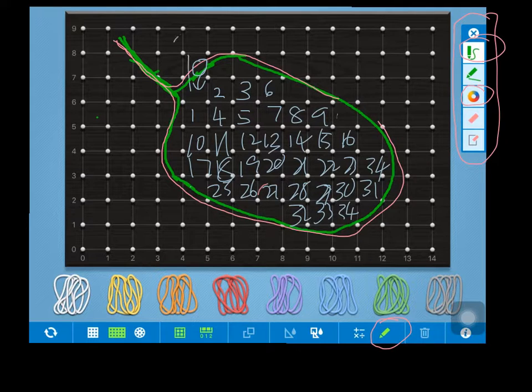So this is the 35th, and perhaps this is 36 by joining these two together, and this may be 37 with this and this into here, and this could be 38, and this is 39,